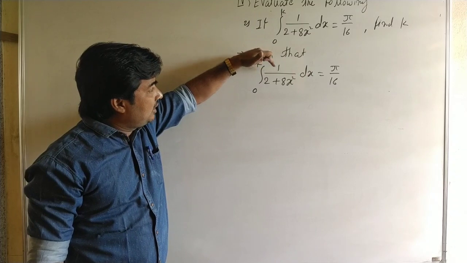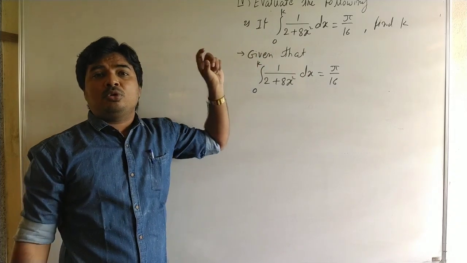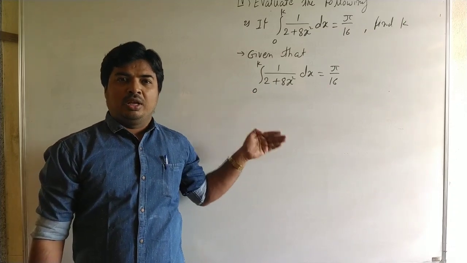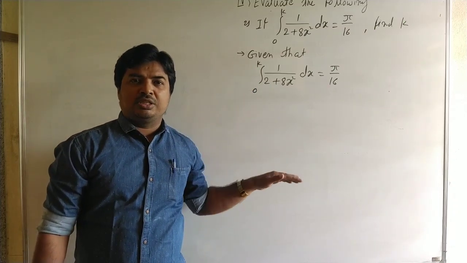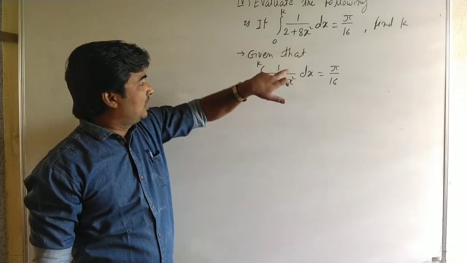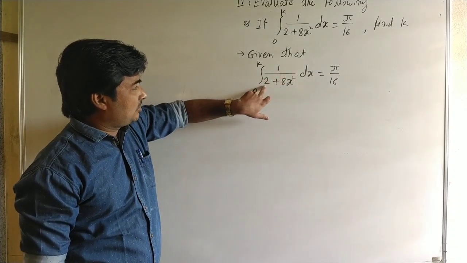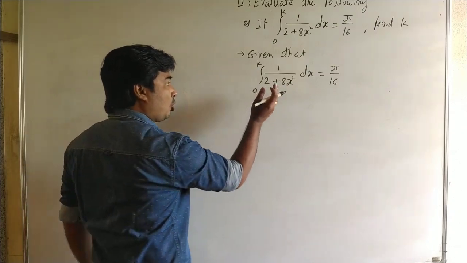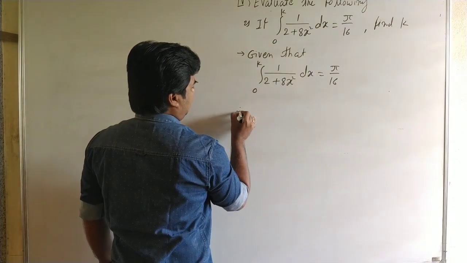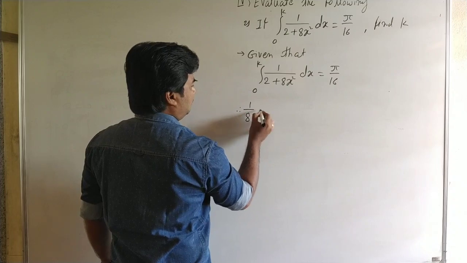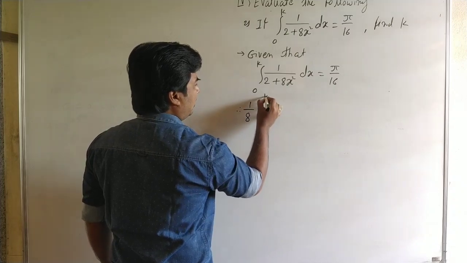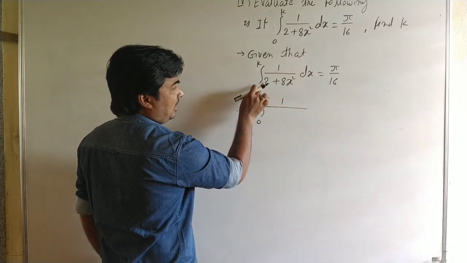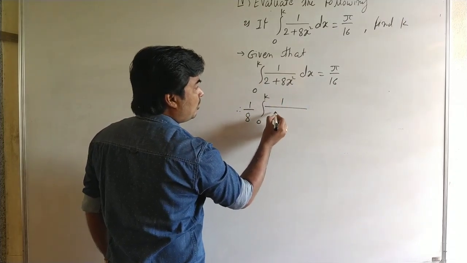Here it is an integral in the form of 1 upon a quadratic function. That means here we use the special integral 1 upon a square plus x square, 1 upon a square minus x square, or 1 upon x square minus a square. Here it is x square and it is a square. Okay, but the coefficient of x square is 8. So first we take common this 8. Therefore 1 by 8 into integral 0 to k 1 upon, here we take common 8 and here it is a 2. So here we can write 2 by 8.